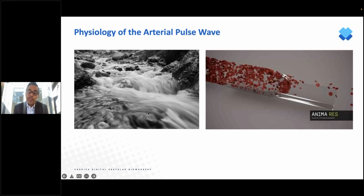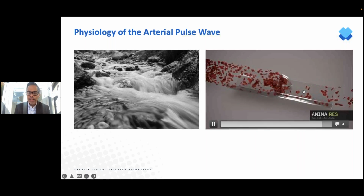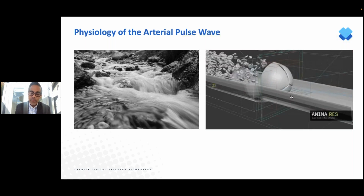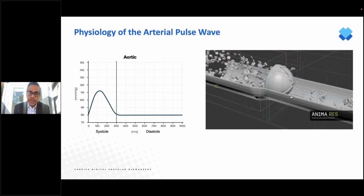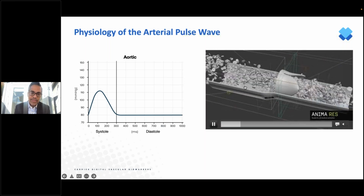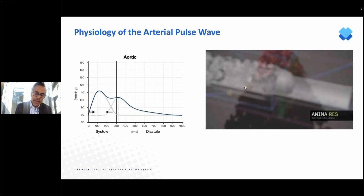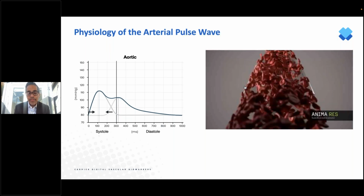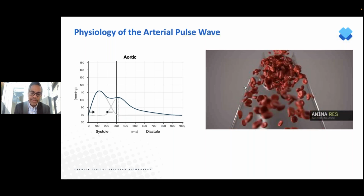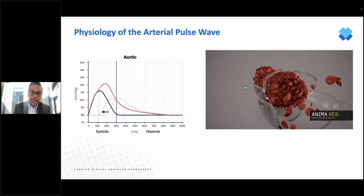And this is very important because this is the underpinnings of the cardiovascular system. And that forward pressure that is being generated by the heart is also seeing a reflected backward wave back towards the heart. So looking again, the pressure wave is moving forward when the heart contracts, and part of that is also reflected backwards. Now the reflected wave and the forward wave, these are the load on the heart. So they are additive. That's an added pressure that the heart has to experience and generate over in order to